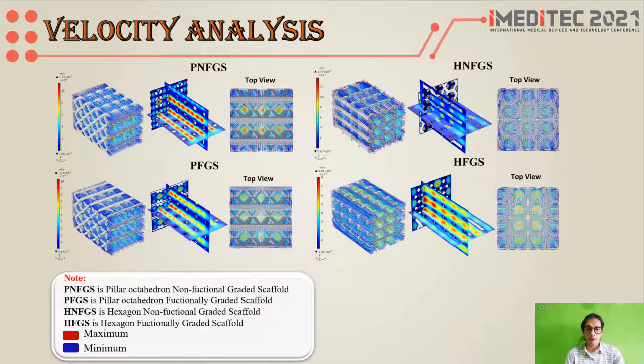Next, velocity analysis in this picture. Red color shows the maximum value and the blue color is the minimum value. If observed, the greater the distance between the maximum velocity and the minimum velocity, the smaller the pore path through which the fluid passes, which is very identical with a low permeability. Therefore, velocity distribution is another indicator to evaluate mass transport.